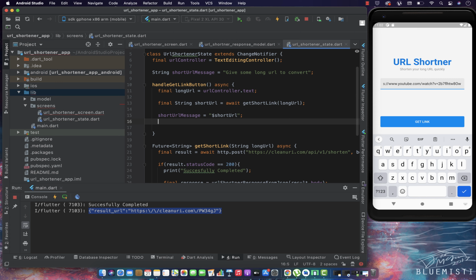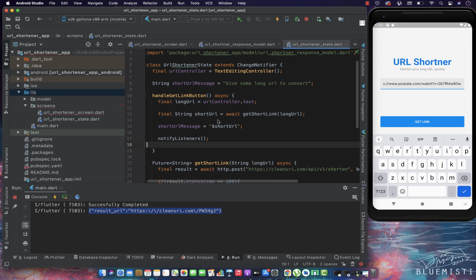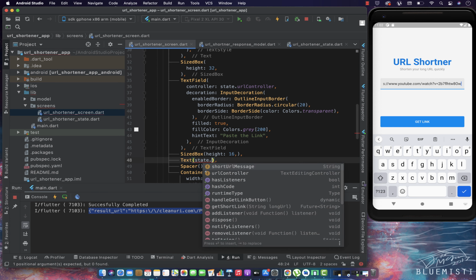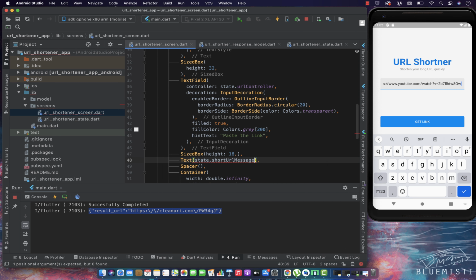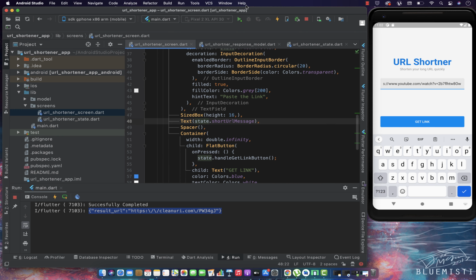That's great. And then we need to call the notify listener, because whenever we update some state data, we need to update the UI also. So that's great. Okay, so we need to give the reference of the text, which is short URL message here. So if I run the application again,